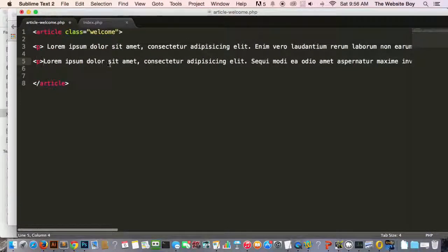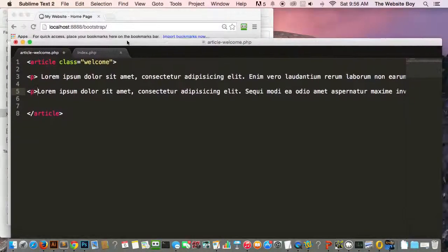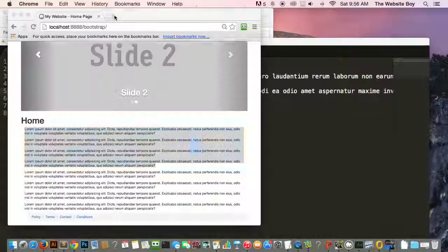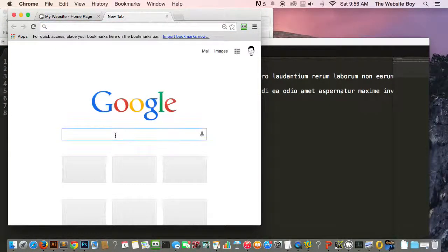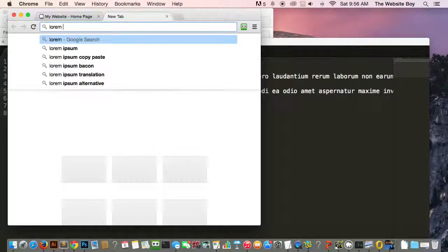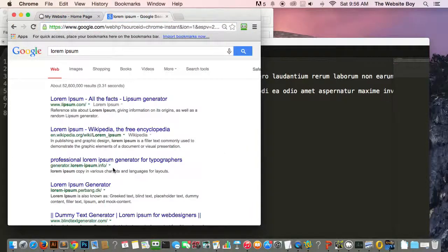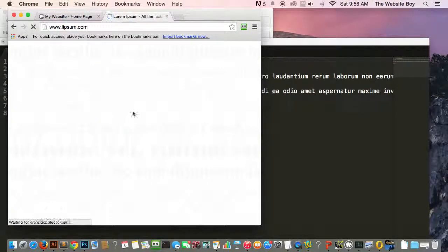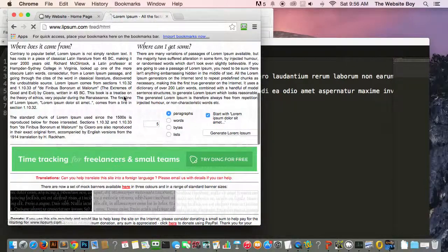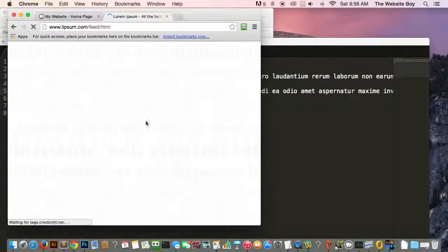All right, so we put some dummy text in there. If you don't know how to do that, just go to Lorem Ipsum here and find some. Right here, just copy and generate it, and you should know that by now. But anyways,